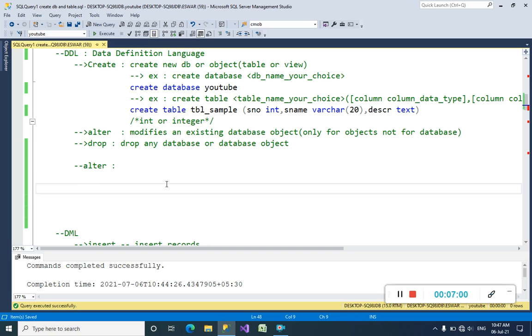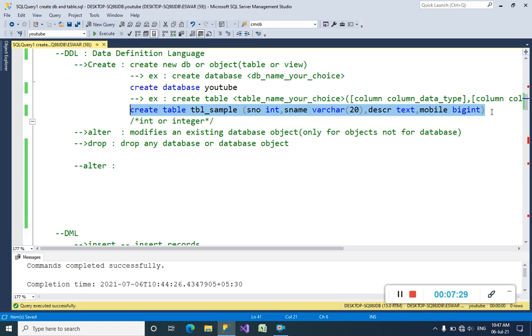Alter. I want to add a column, mobile number, which I forgot here. Mobile is big integer; we already discussed big integer in the last session. I just forgot the mobile column and I want to add it later.